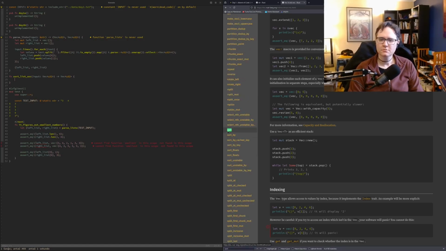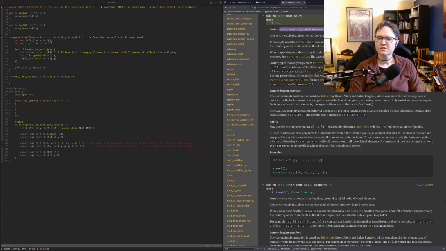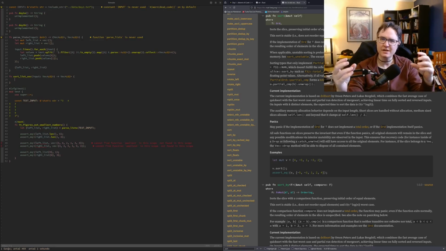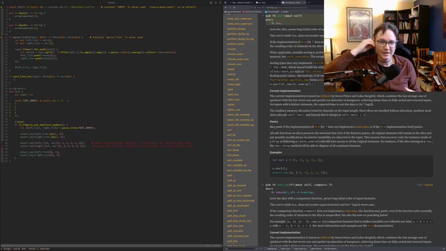Here we go. Sort. Sorts the slice, preserving the initial order of equal elements, which is totally okay. The implementation does not implement a total order, which is fine. That's useful if elements that have the same value can be distinguished in some way.